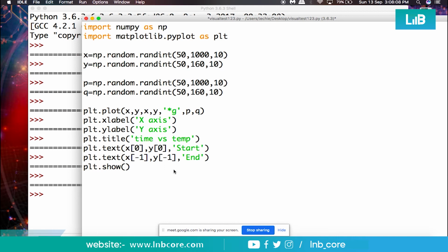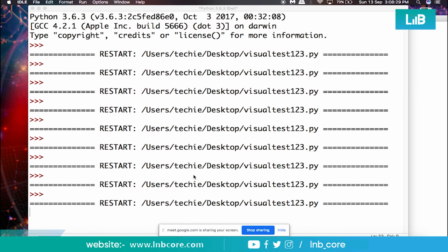And there are many multiple commands. Even I did not tell you all the commands yet. There are hundreds of commands which are actually in use for specific purposes, right? These are the commands which I have told you to have the visualization, okay? So let me show you once again with this thing, right?